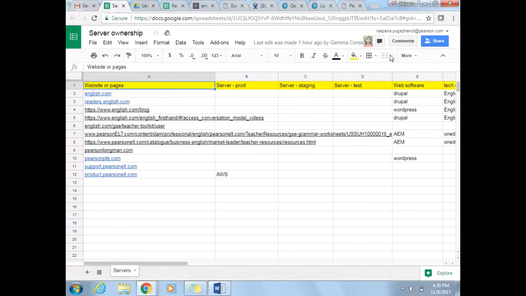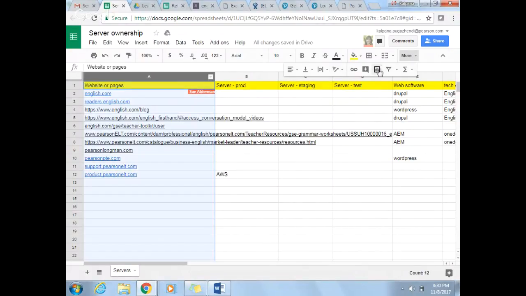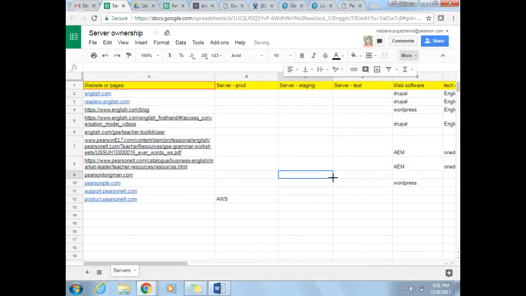So I'm in discussions with the One.com team about a plan for migrating the content over to PMC, and also to repoint the domain pearsonelt.com to english.com, and then identify whether any servers can be decommissioned as part of this process. I pointed out to them that we still have the student resources on english.com. So they've asked me to find out which servers are managing content for english.com.